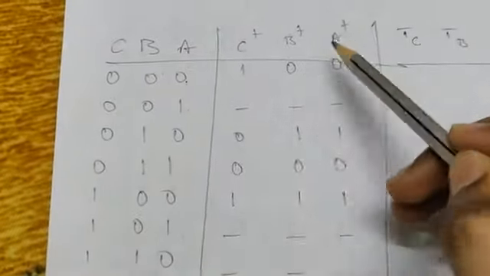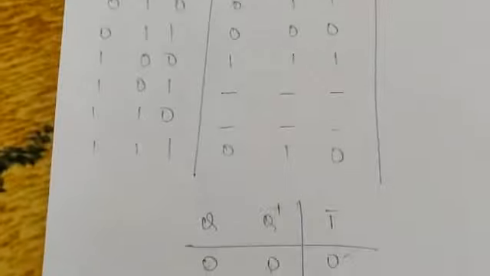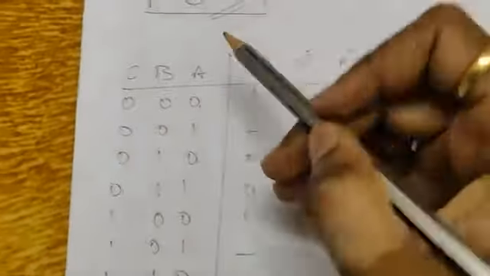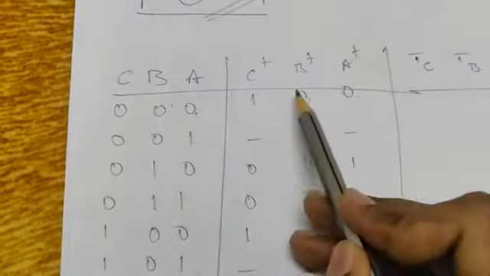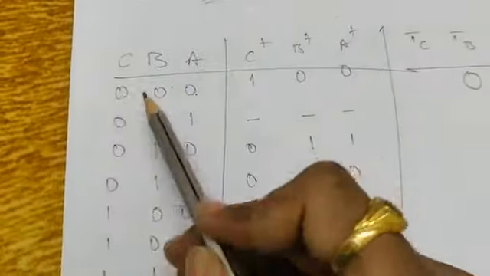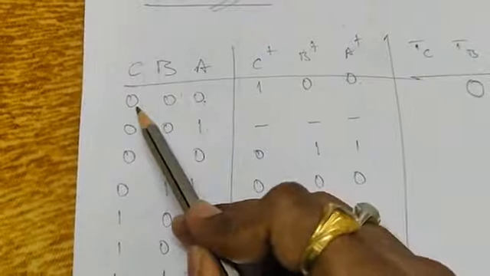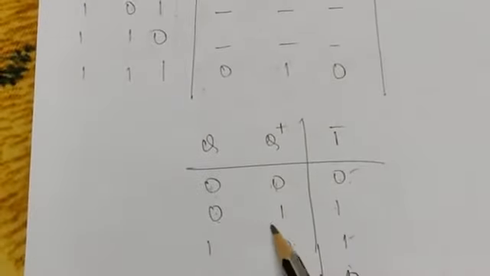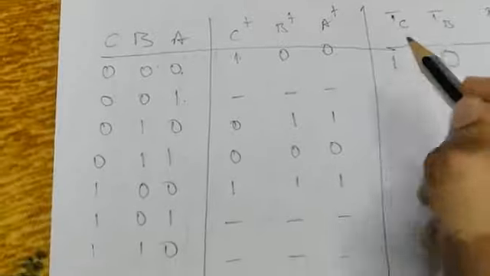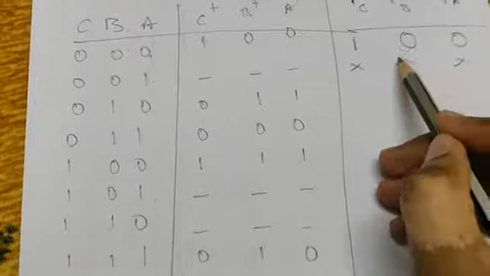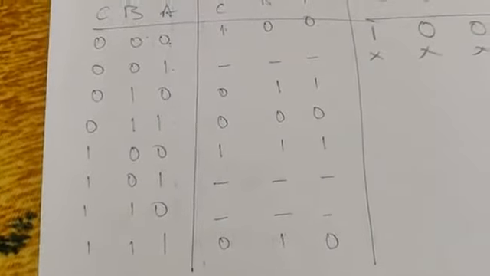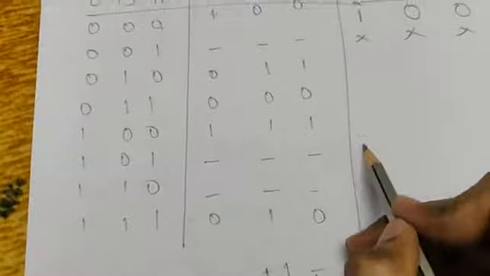So now you are supposed to fill this one. Okay, so just compare A with A plus, both are 0 0. So if both are 0 0, output is 0. So compare A with A plus and fill TA. So here it is 0 and 0, write it as 0. Okay, then 0 0, write it as 0. Here it is 0 1, differs. Here it is 0, here it is 1. So 0 1 means 1, write it as 1. So we don't have the next state here, so just fill it with don't care. So we don't know, right? So we are supposed to take it as don't care. So similarly for these dashes, don't care.